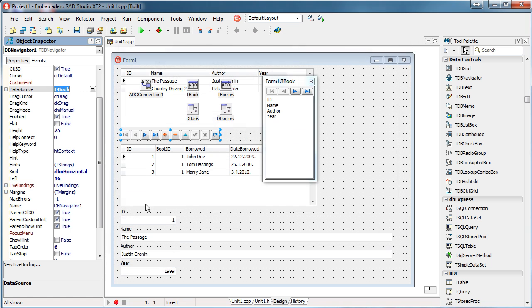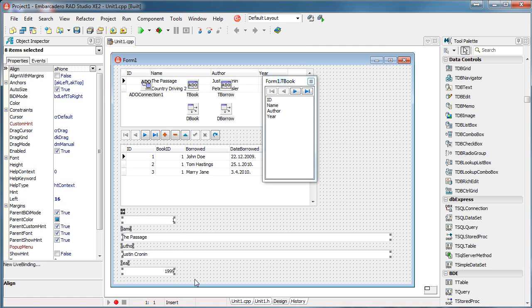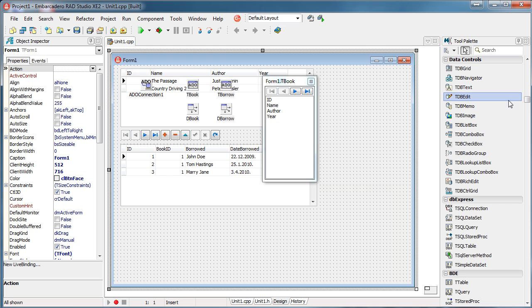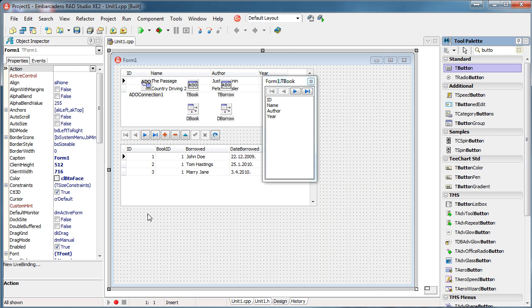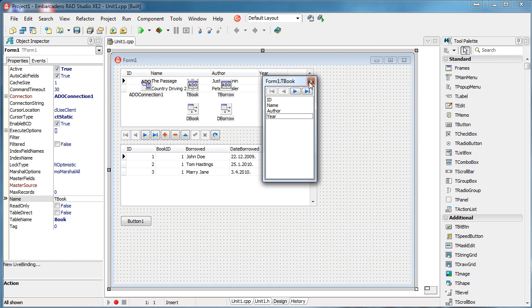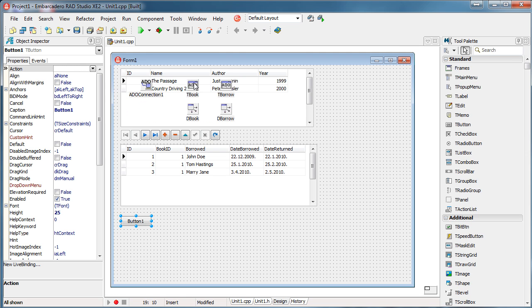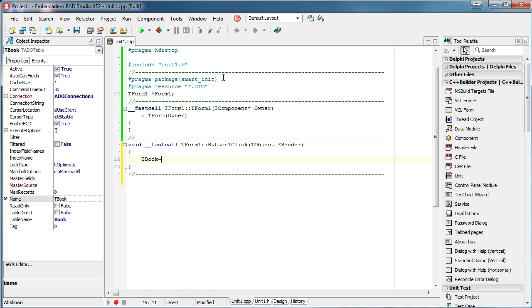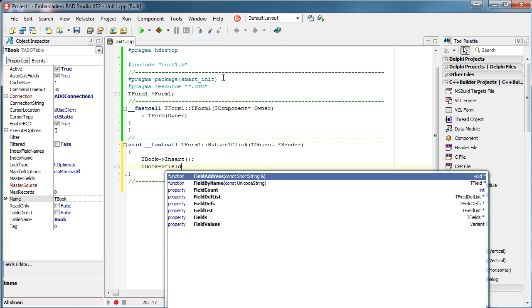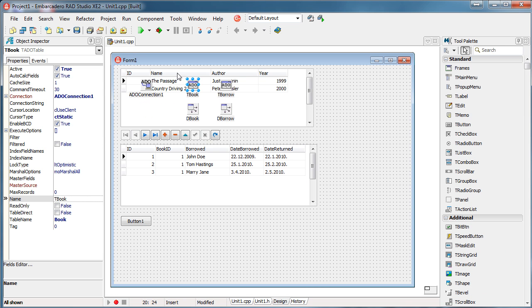But also I can do things programmatically. For example, I will add a button. And I will say the book, that is this one, Insert. I want to insert another record, and field by name. Field by name is name,